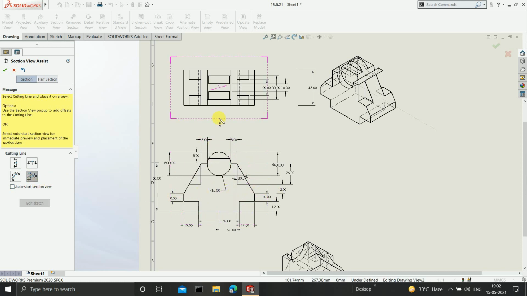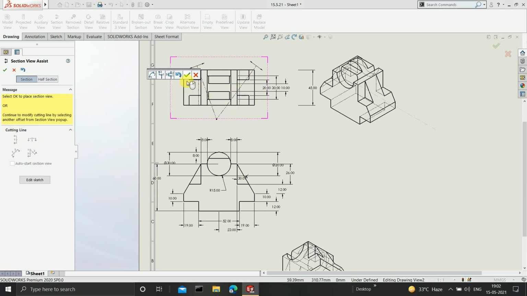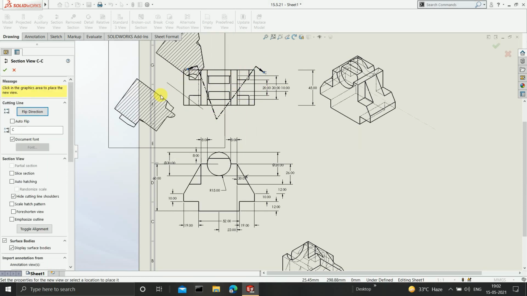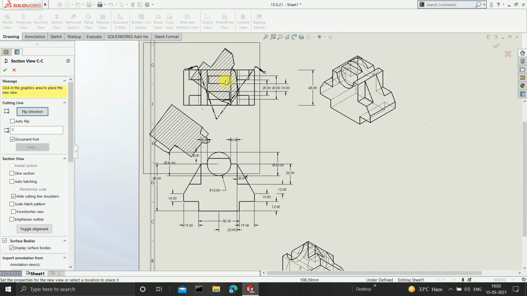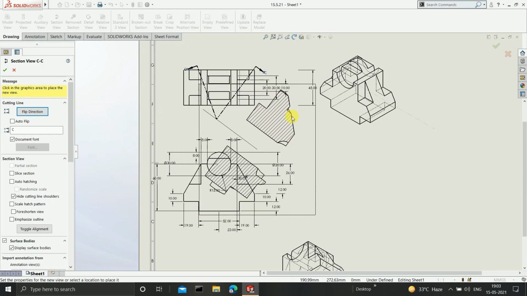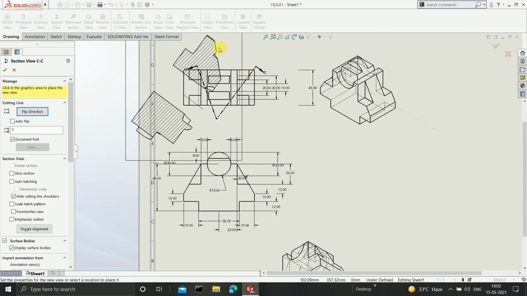One more. For example, if I start from here, I'll go up till like this, and I create a view like this. Now can you see I am cutting in two particular directions, therefore I am getting two drawings.